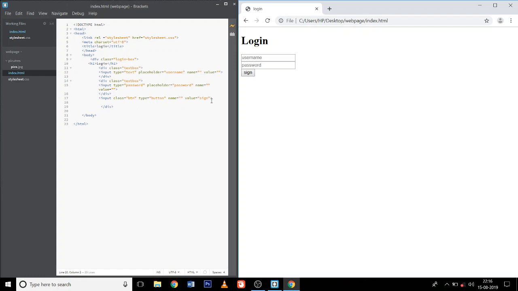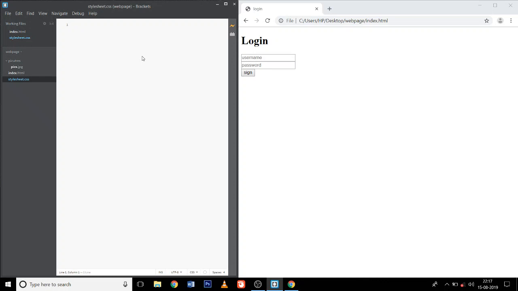Next I'm going to come to the style sheet. Here I'm going to add a body. Okay, body, and then inside the body I'm going to put margin 0, padding will be 0,